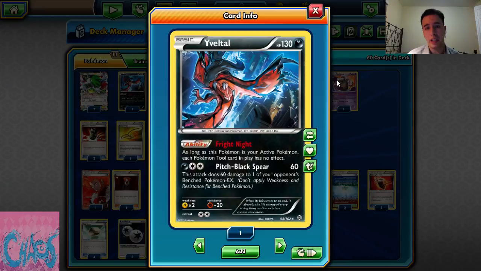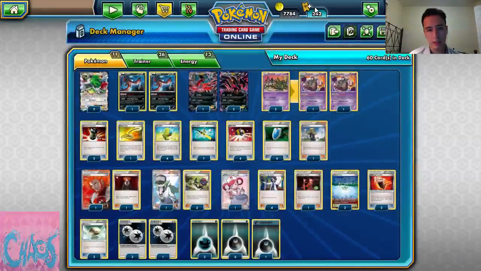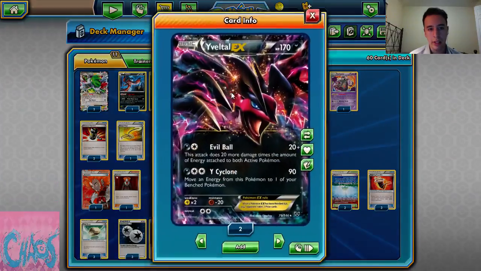So as you can see, there are a lot of options that you can do with this card, and it provides you a different option based on whatever board scenario you're in. So it's a very strong card, considering it's also non-EX. So that's one of the key cards, I will say, for today. And next we have,